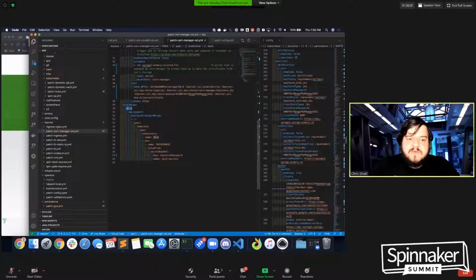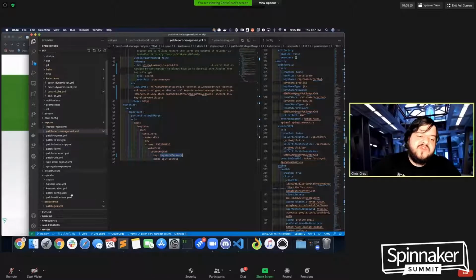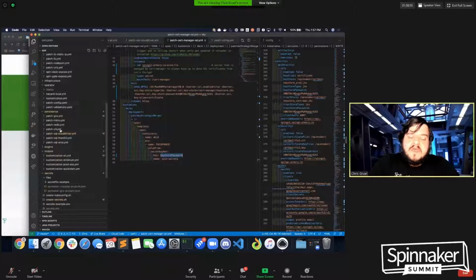In our case, what we're saying is, hey, manipulate deck, the deployment manifest using patch strategy merge, and we're going to follow it all the way down, and add this environment variable passphrase from this secret, adding the key store password spin secrets. So the script will create the secret once we get the script fixed,